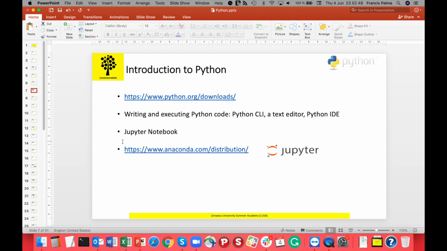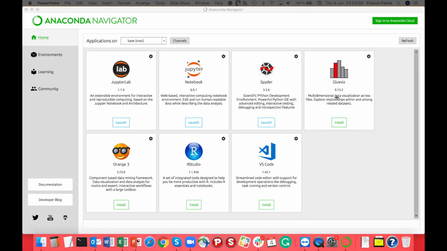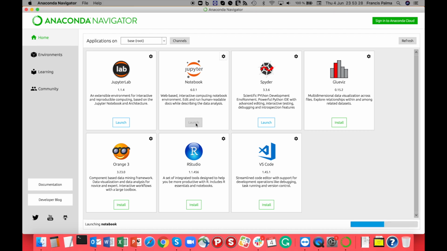I already installed it on my machine, and now I will start it. So when you install Anaconda and launch the Anaconda Navigator, you will see a number of applications that you can use. There are some very useful applications, but we will use this Jupyter Notebook. So you launch this one,